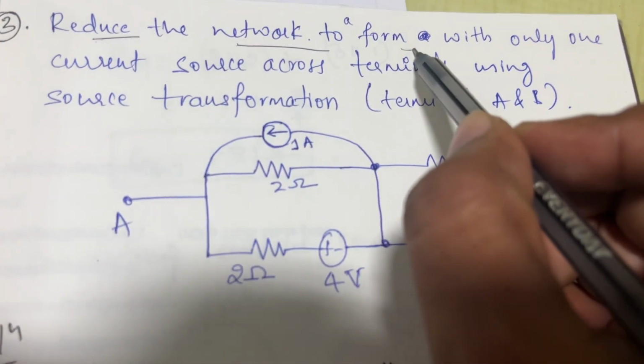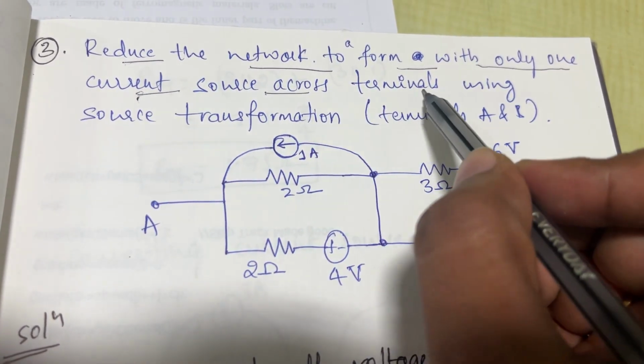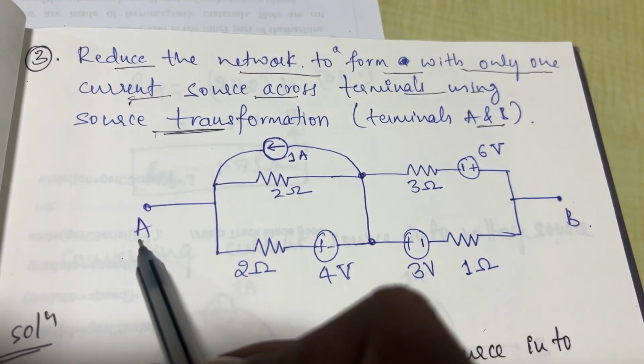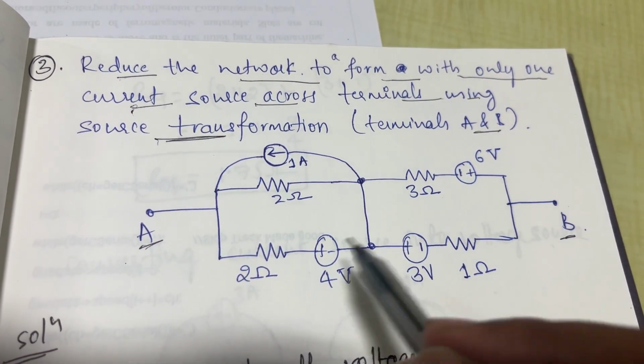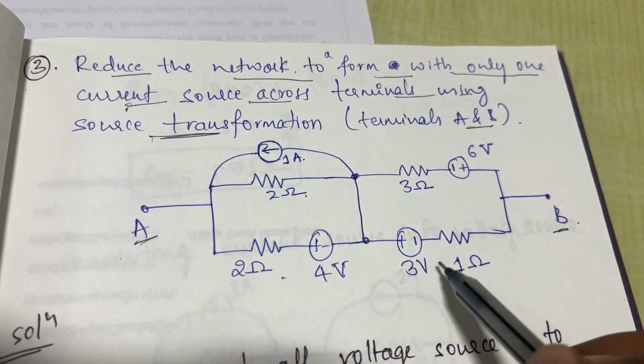In this video, let us see one problem, that is: reduce the network to a form with only one current source across the terminals A and B using source transformation. You can see A and B is a terminal and one current source is there, three voltage sources are there